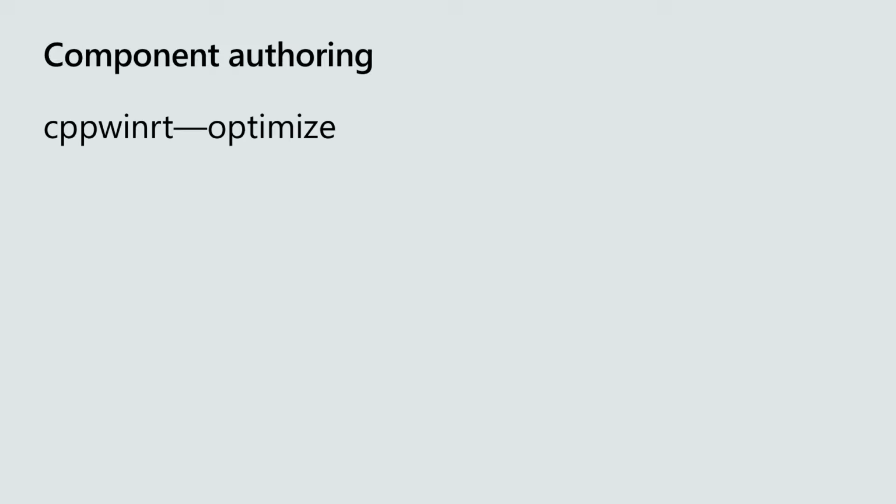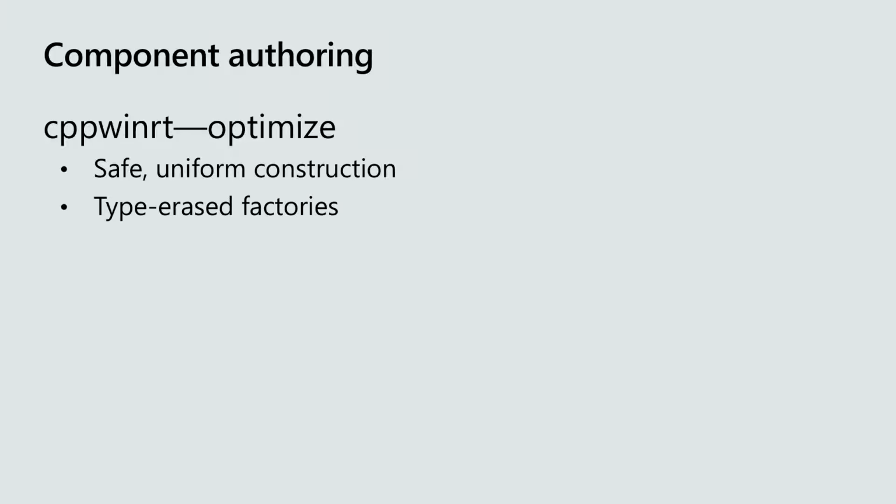Another thing that we've done, well, returning to the optimize flag, what else does the optimize flag give us? In addition to safe uniform construction, it gives us type erased factories. So the implementation of your classes within the component now does not require full knowledge of that implementation type at the factory site. We've got the generated module.g.cpp, which provides the activation machinery, but that's been type erased. So it's only when we add or remove classes that we need to recompile module.g.cpp. The rest of the time we don't. So this tightens the inner loop.